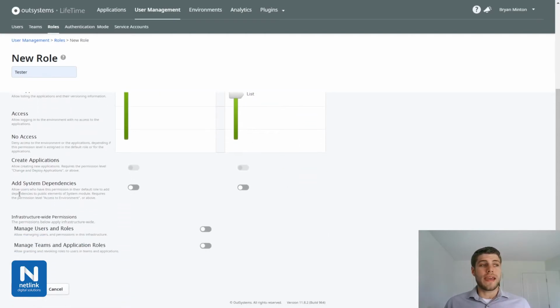Below that, we have Add System Dependencies, which will allow users that have this permission to add dependencies to public elements of the system module. The next section is infrastructure-wide permissions. If we need this role to be some sort of manager or team lead, we can give them access to different parts of the LifeTime portal that will allow them to manage users and roles. We also have the option to allow them to manage teams and application roles. The role we're creating doesn't need any of these extra permissions, so we'll leave them all turned off and click